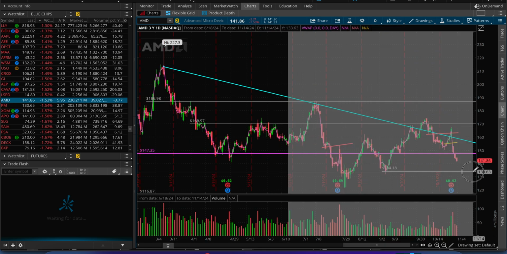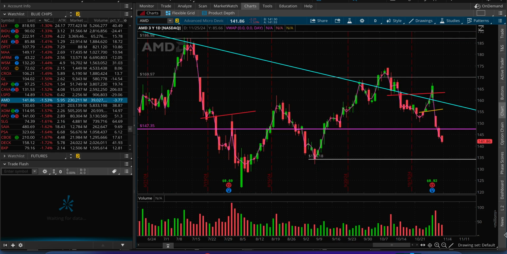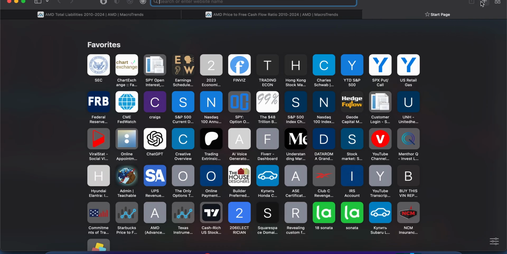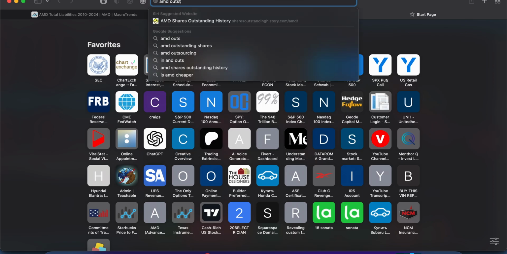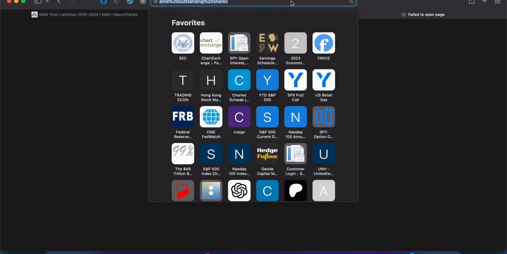Because will their situation change in 1 quarter? Will they all of a sudden have more cash? And will they be paying off their debt, or will they be doing buybacks? Are they doing buybacks? I don't want to spend too much time here, but we can quickly search on that. AMD outstanding shares, and then we can just wrap on that one.